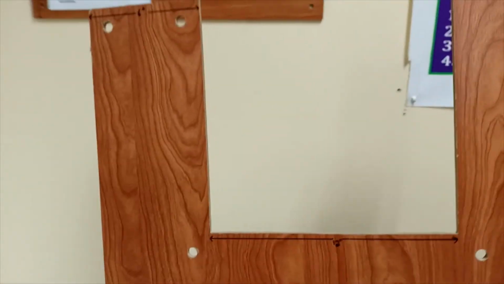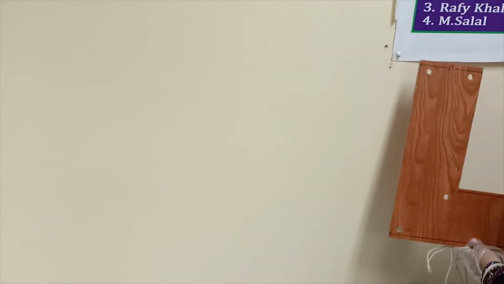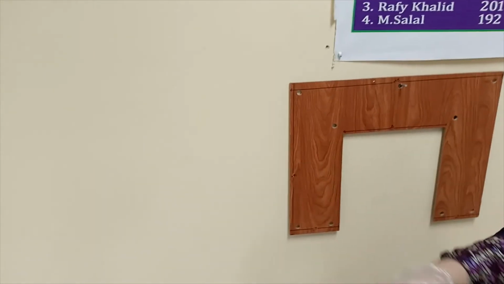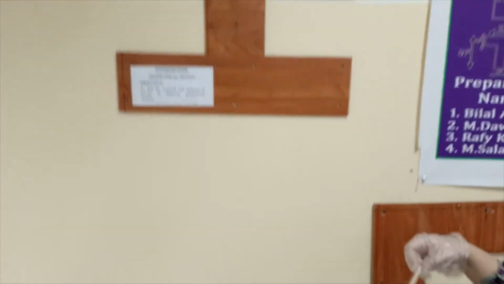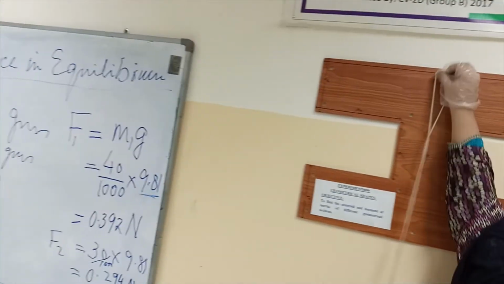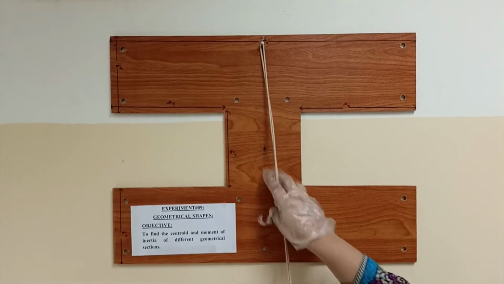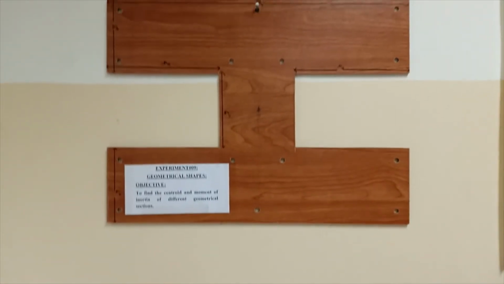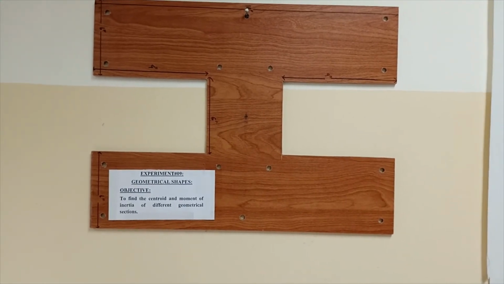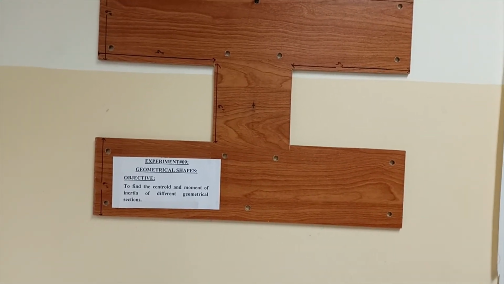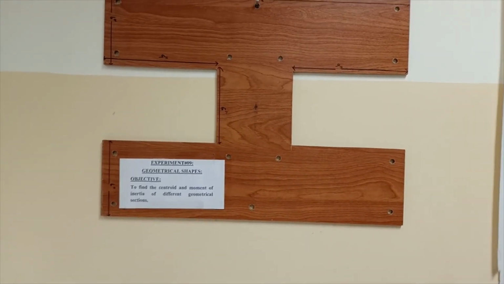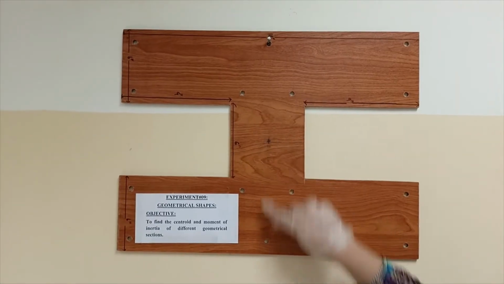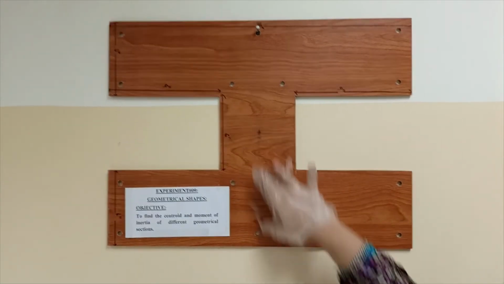So you have to find out the centroid for these. How can you find it out? Obviously, you have to hang the plumb bob, and everywhere you have to mark the line. The lines coincide at a single point, and that single point is the centroid of that body. This is a composite section, or you can say an irregular section. So this is the way to find out the centroid. You will find out the centroid and you can calculate its x length and y length.